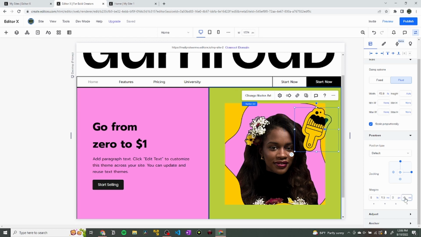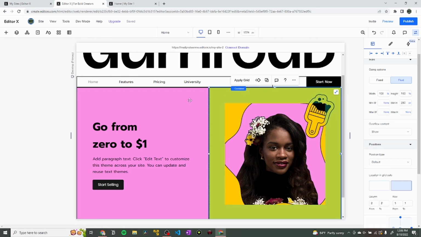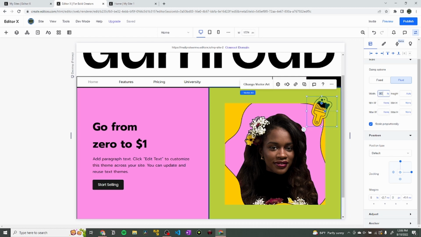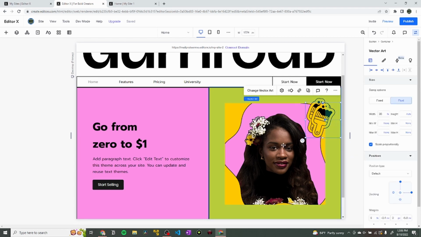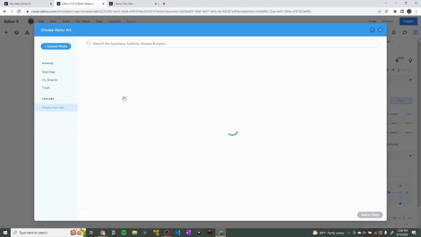-5 VW. Okay, that looks good. Okay, I'm just gonna move it so it's like that. And I actually just want to reduce the size a little bit, maybe make it 30% instead of the 45 that it is. 35, I think. Okay, good. Now I'm just gonna duplicate this and add it to the bottom right here, and just change the